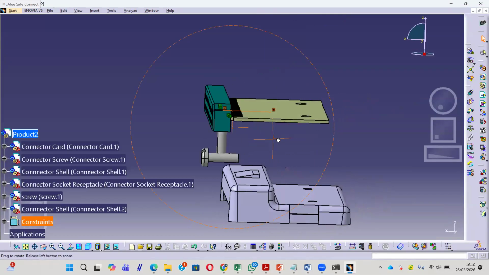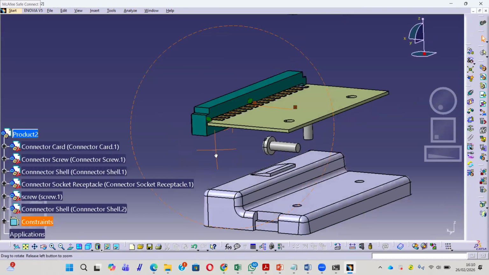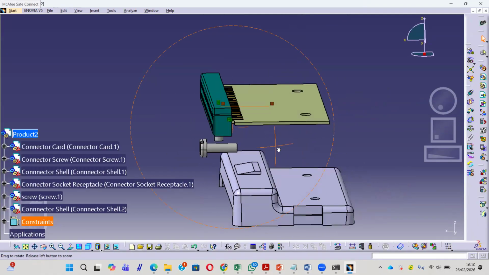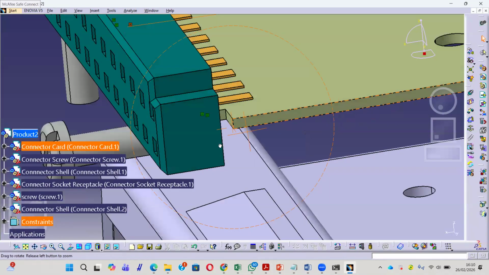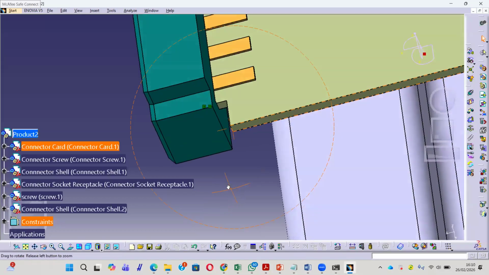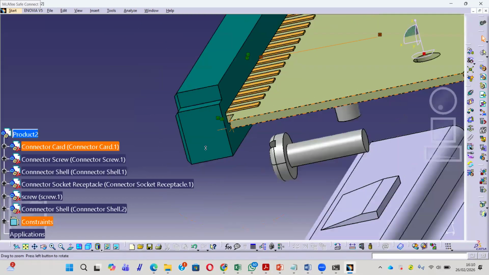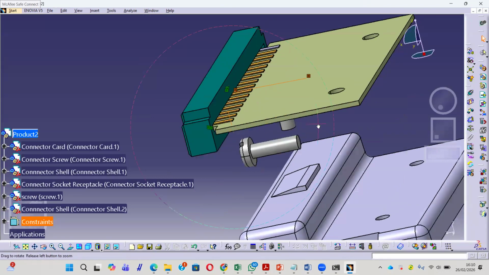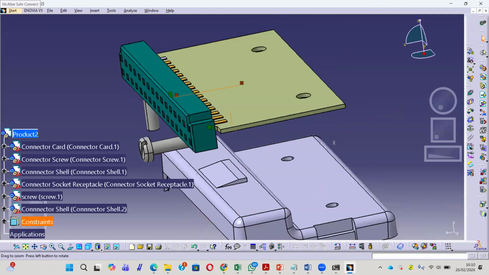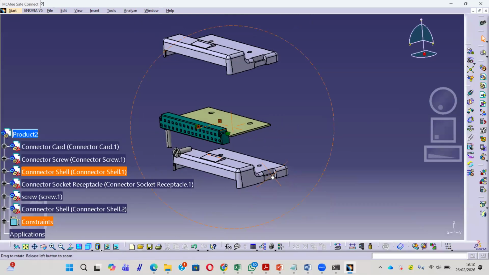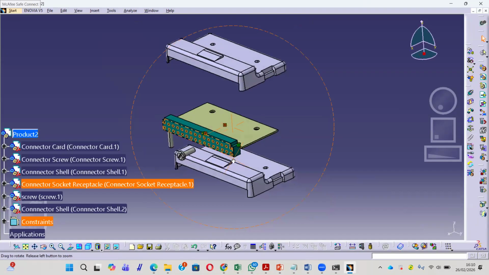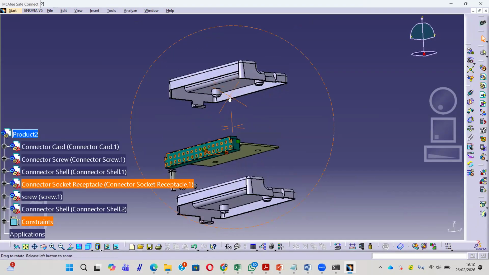Okay, like this. You see, here is a connection by using contact. Okay. We are already done for this one.